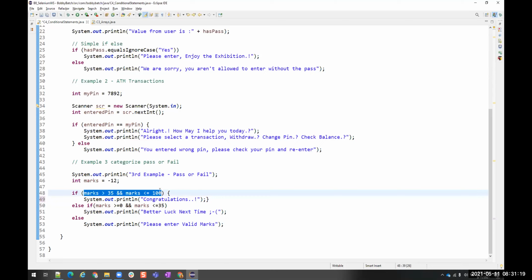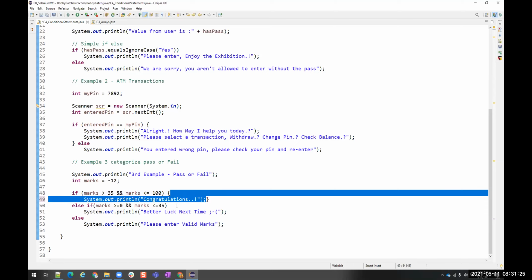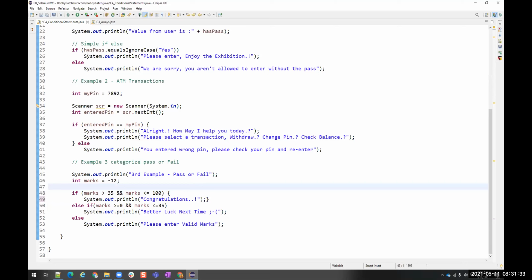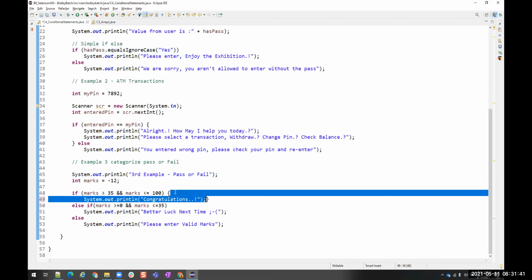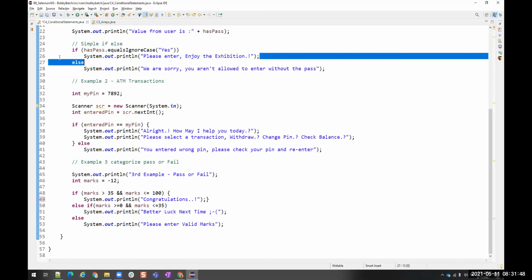If this expression is matching, it should execute some block of statements, and that block should be mentioned inside these braces. If it is a single statement, it is not needed to call it a block, so you don't enter it in braces. It's not needed, but even if you enter it, it's not wrong. You see here I entered braces, nothing wrong. But we can also go without braces.